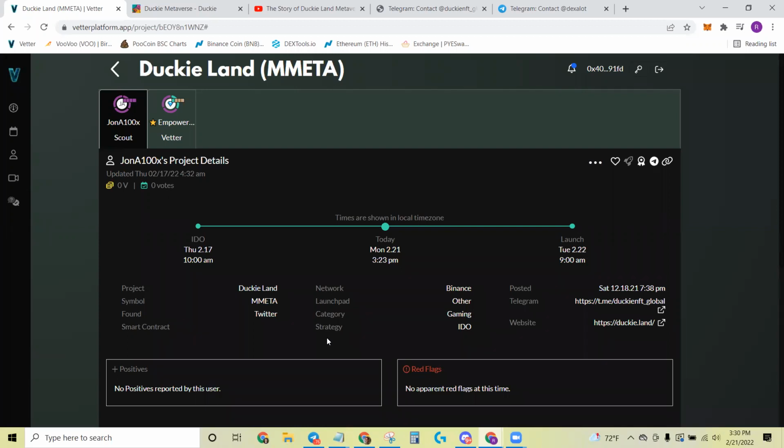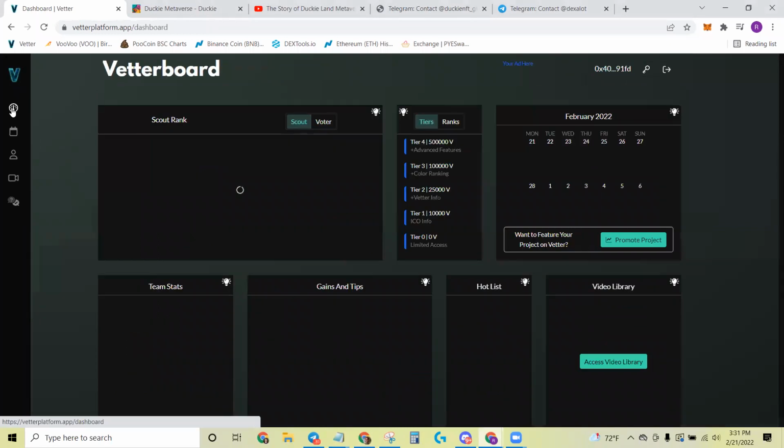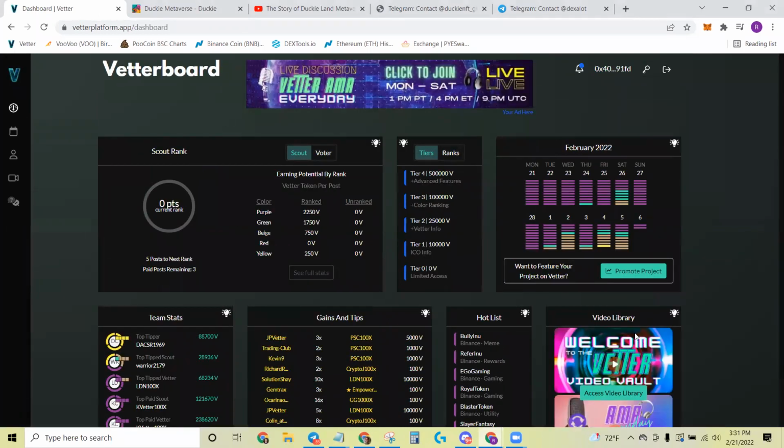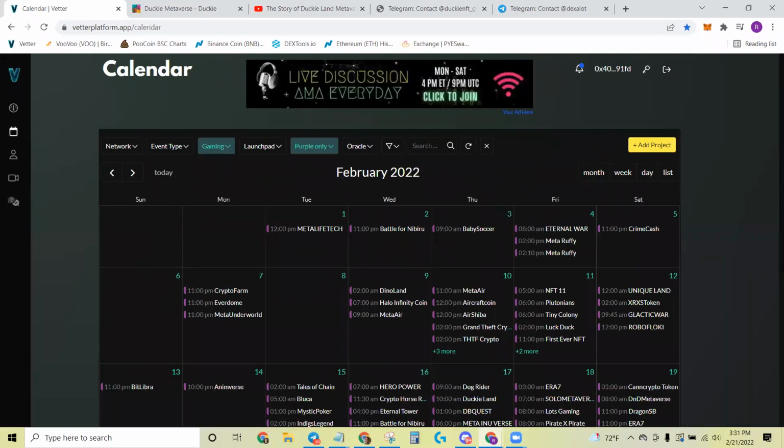Now, as people are rushing in line to raise their hand, I'll go ahead and talk about one more thing, or actually a couple more things. One of the things you'll notice in the dApp is, like I said, the top icon here, that's your homepage, basically the dashboard. The second icon is the calendar, and